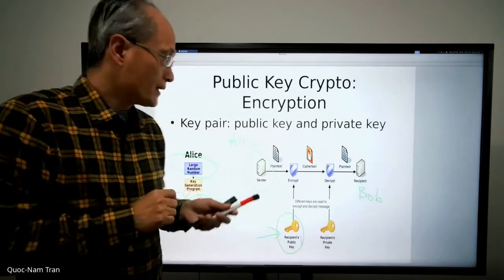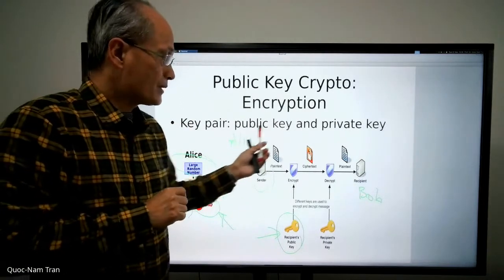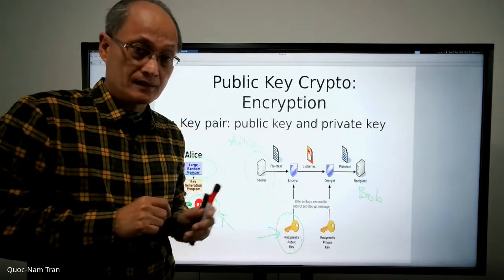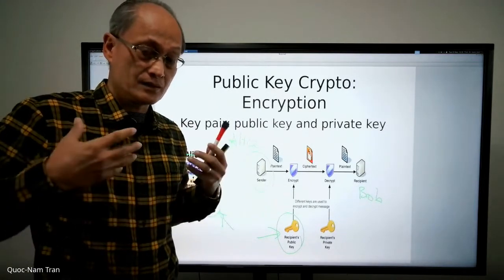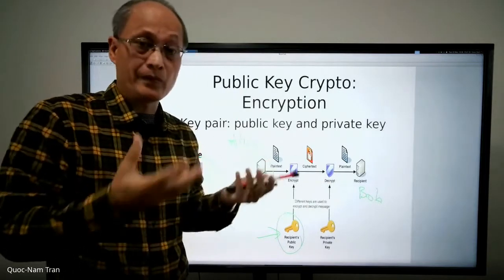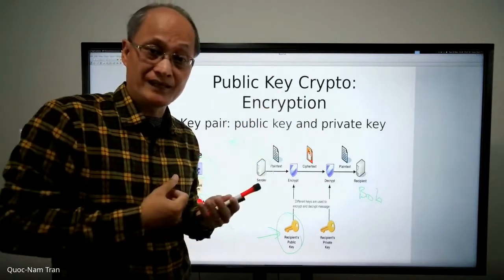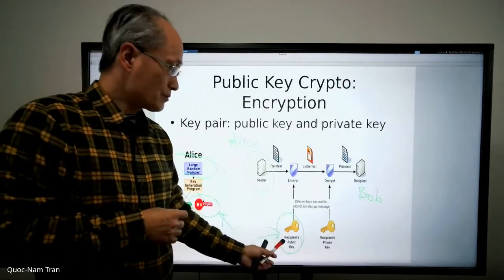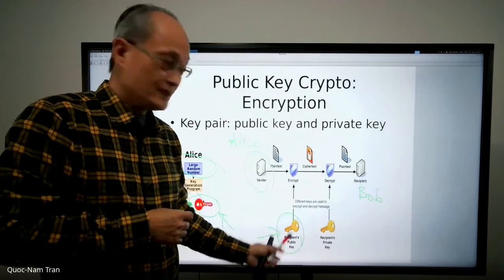So she will send me that information. That information is expected for only me because if everybody knows, then they can use it, right? So Alice will use my public key to encrypt it,